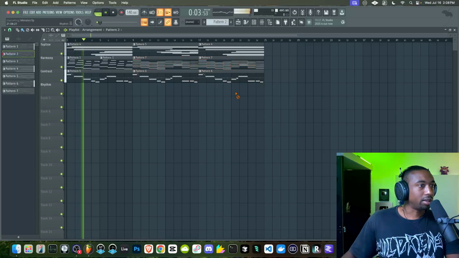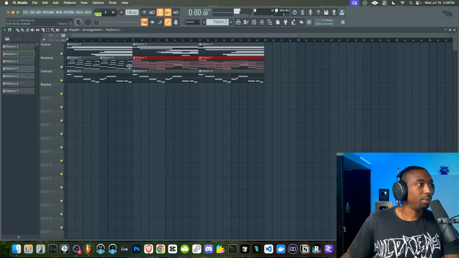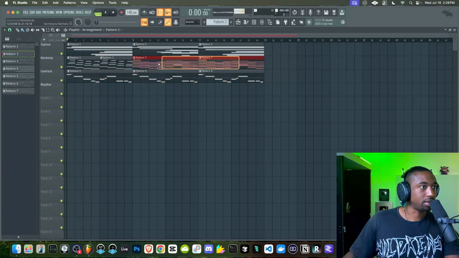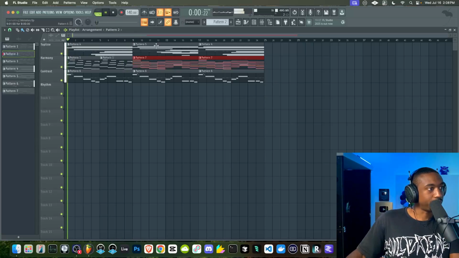So we got rid of the one layer because it was just competing with this. Basically, we started off with 7th chords, then we went into 9th chords. And because we tried to force the 7th chord into a 9th chord zone, it just didn't work right. So that's why I took it out.